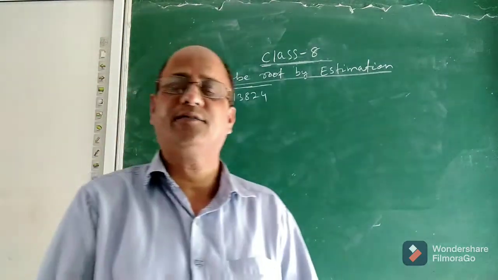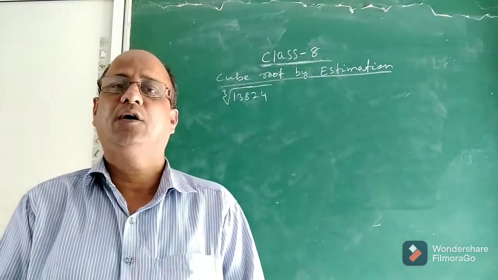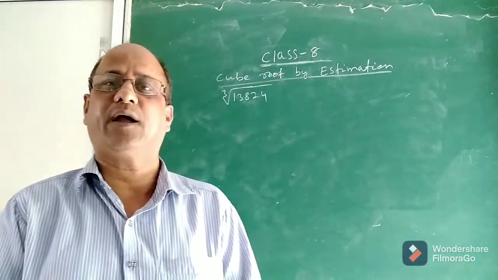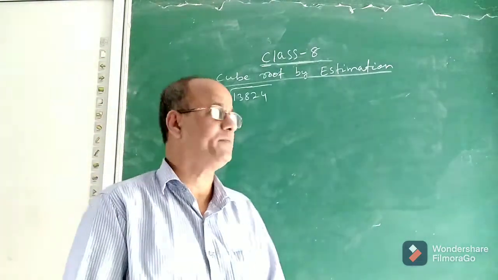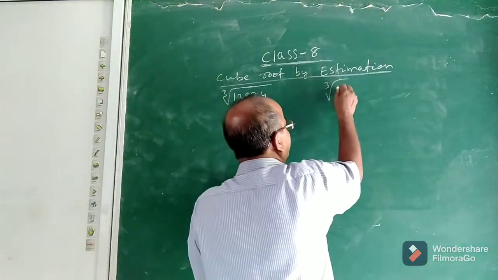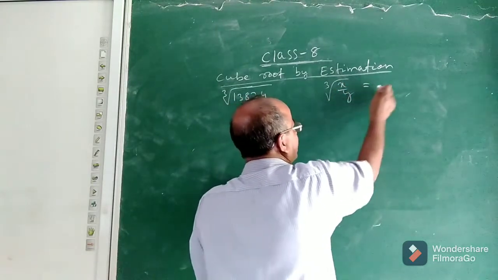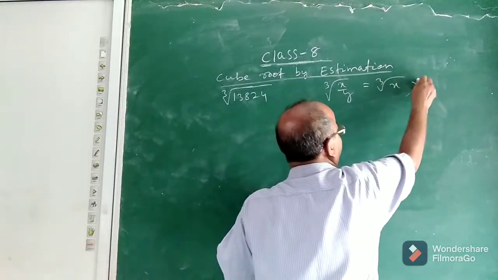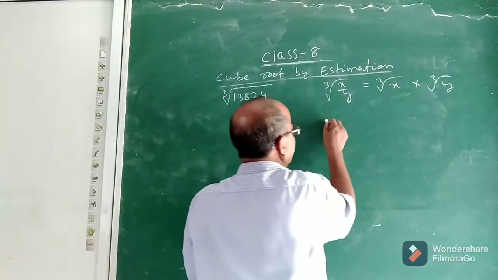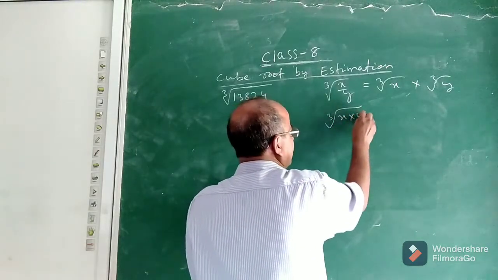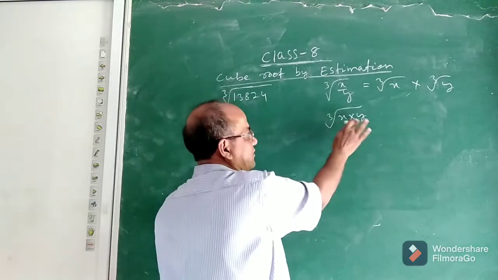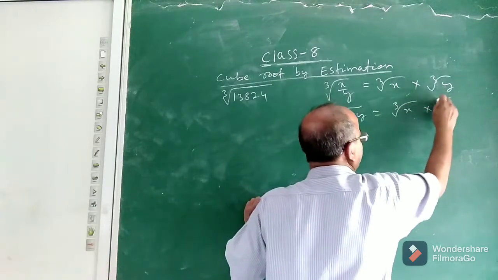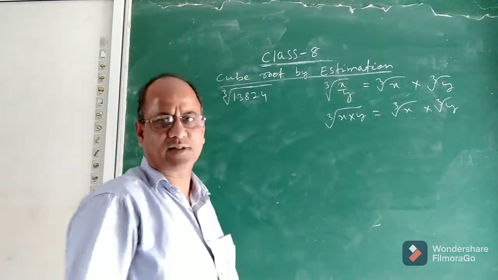In the previous lesson, I discussed how to find the cube root of a rational number. While discussing this, I told you two formulae. One was the cube root of x by y. This is a rational number, so how to find its cube root? Using the formula: cube root of x divided by cube root of y. And there was another formula, the cube root of x into y. This is the product of two rational numbers, so the formula is cube root of x into cube root of y. These were the things which we had discussed in the last class.